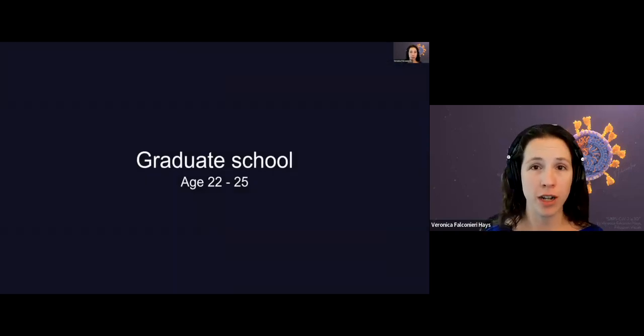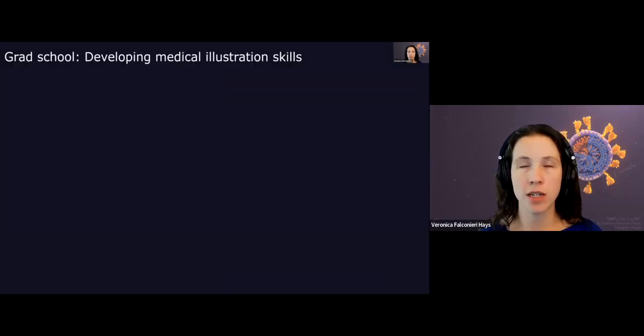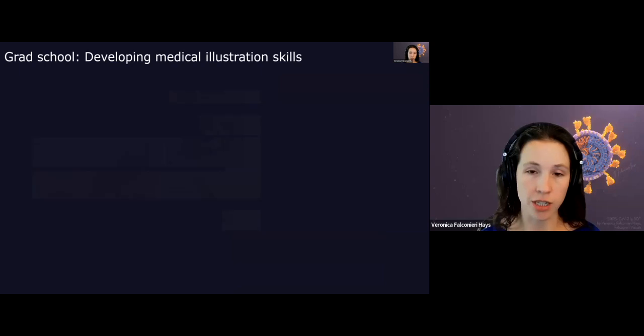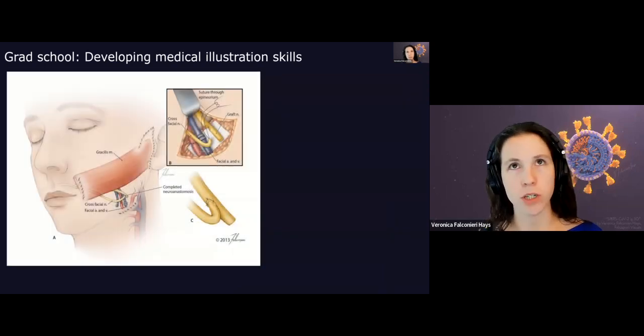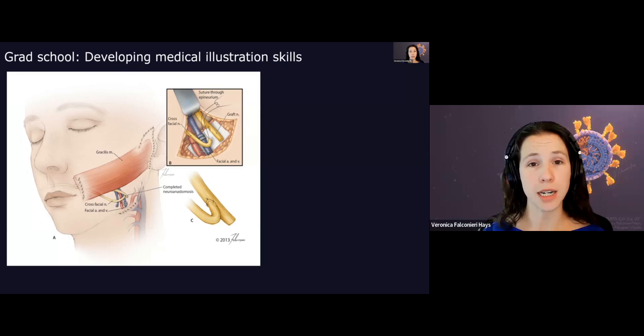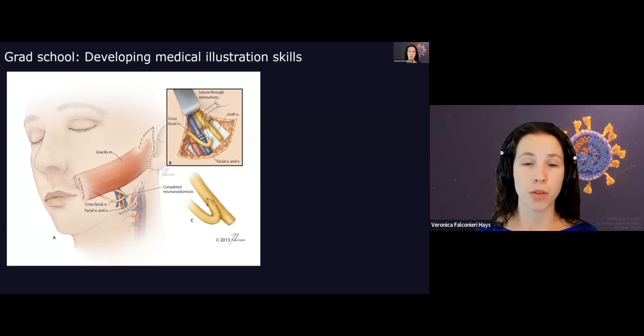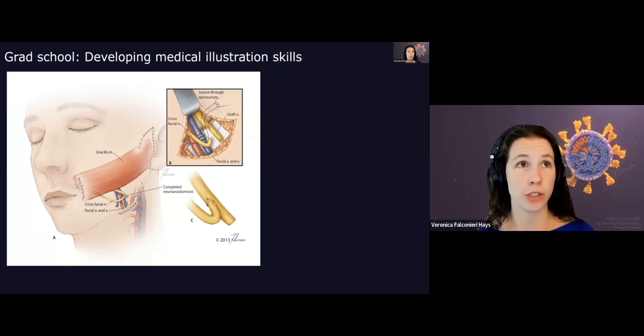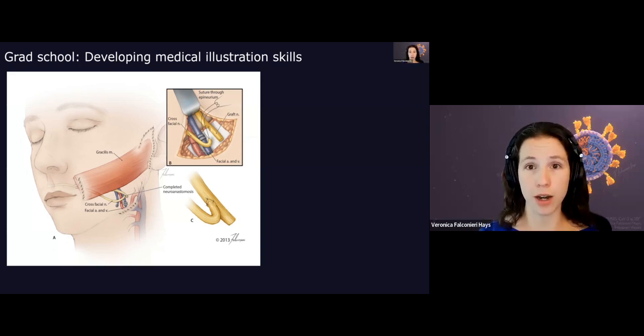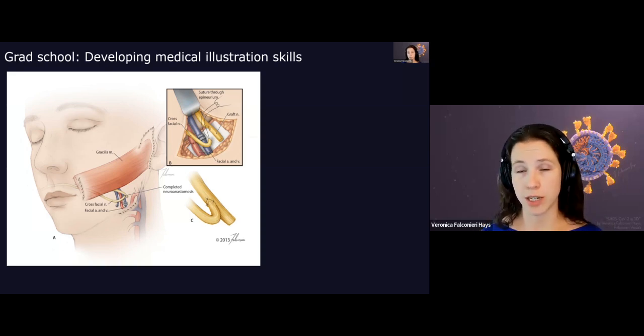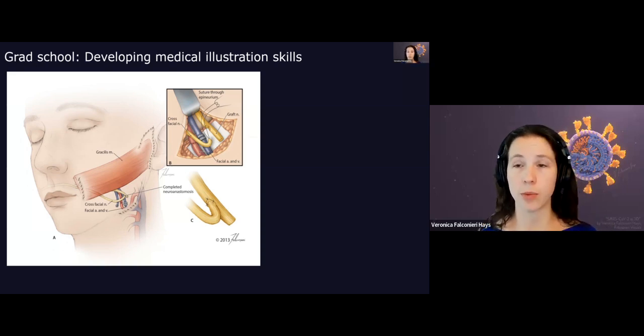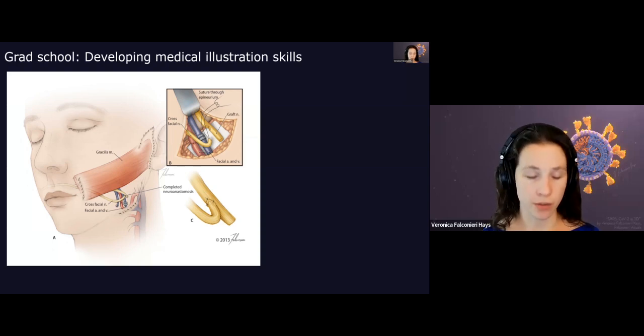Then right after undergraduate, I went straight to graduate school, and I'll show you some of the work that I did there. I started developing more specific medical illustration skills. Each class was a combination of learning a new media technique and also learning new science. This was for our surgical illustration class. We would go into the operating rooms at the hospital there and observe the surgeries. We'd sketch, then take our sketches back and compare them to our other resources, our textbooks, our knowledge of anatomy, and create these illustrations to summarize the key points of the surgery.